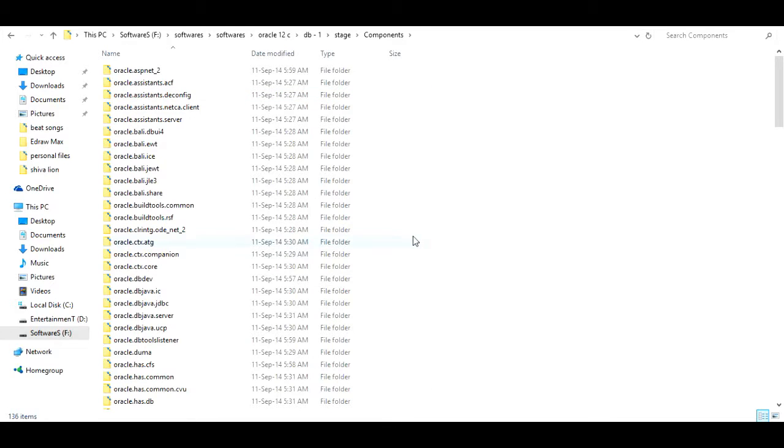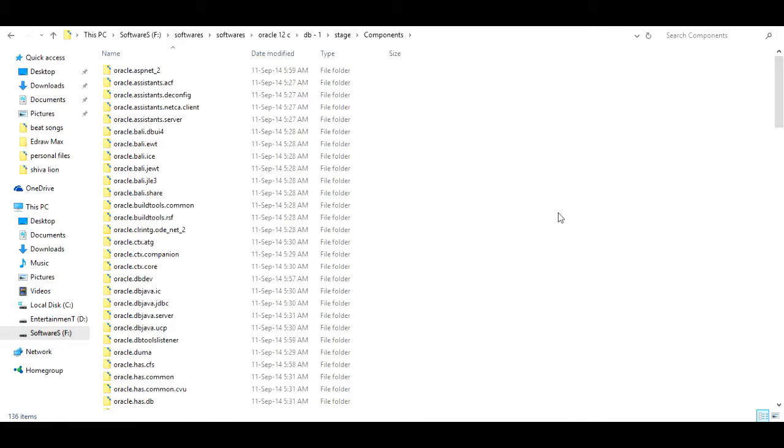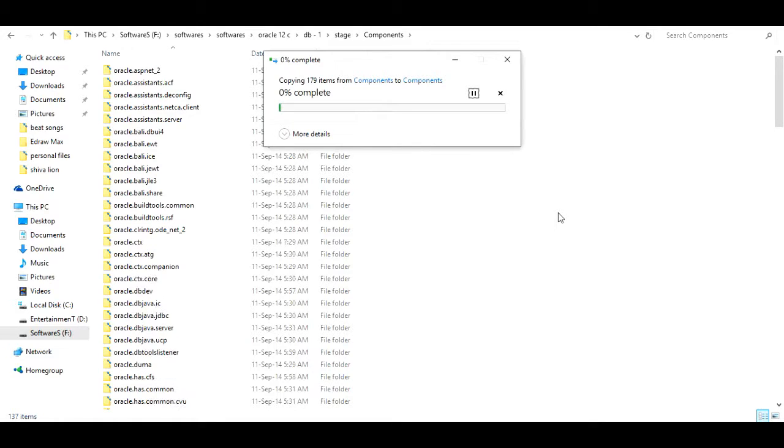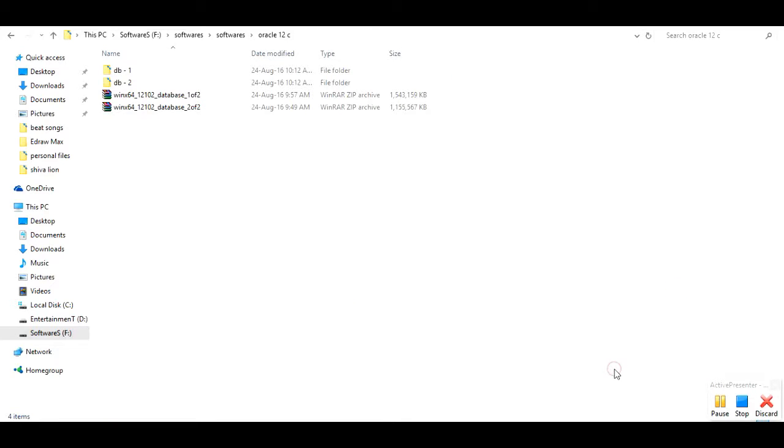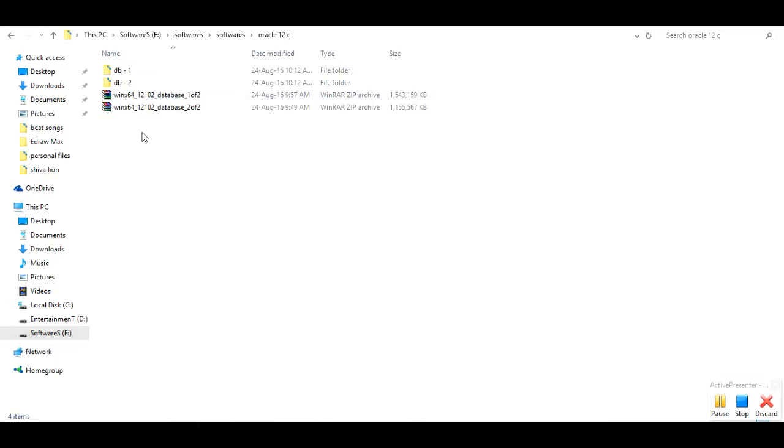In this components folder I'm going to paste those copied files. Control V. Now it is copying. It is done.